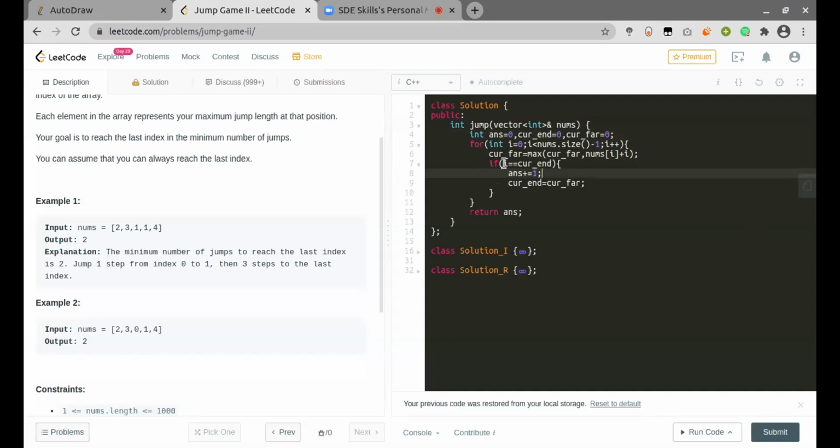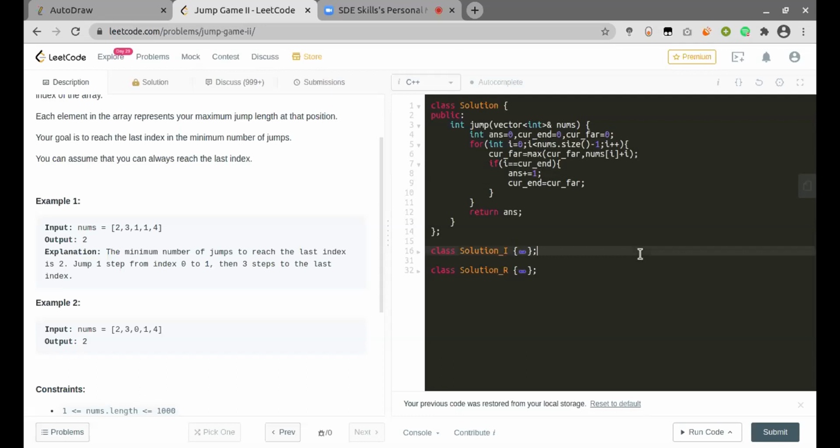And then I'll just check if my current index is equal to the current end. If it is, I'll just increment my answer, and then I will assign my current end to the current far, since in this number of steps, which is my answer, I can reach the current far. And the iteration will go from 0 to the second last element in the nums vector.